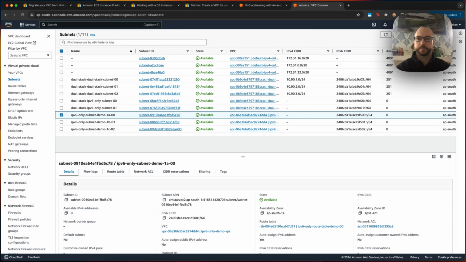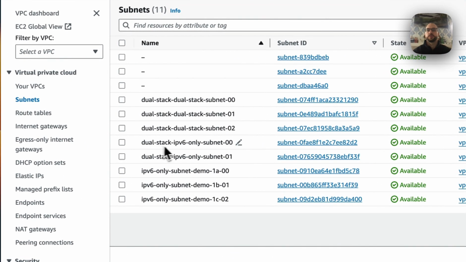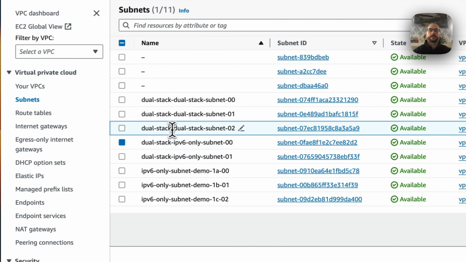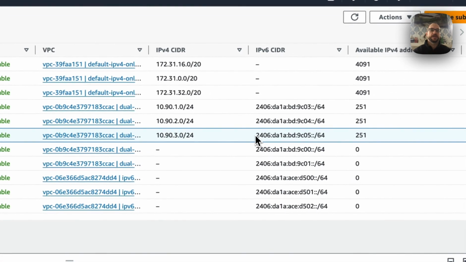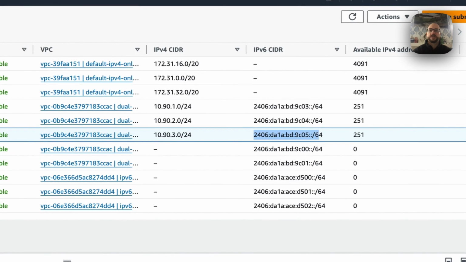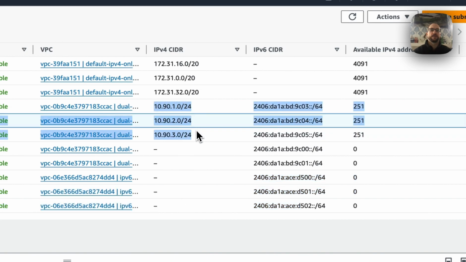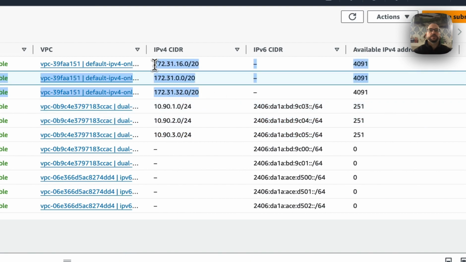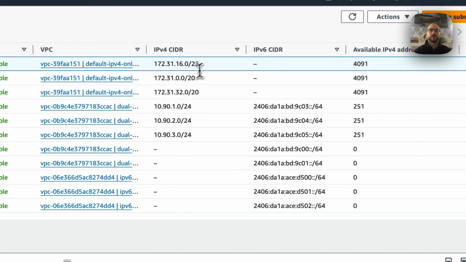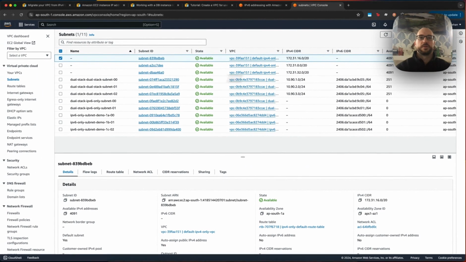They don't have both. So what you should do is create a dual stack VPC that has dual stack subnets. And these subnets have CIDR blocks for IPv4 support as well as IPv6 support. So you can see that some of these only have IPv6. They have no IPv4. You have ones that have IPv4 and IPv6. These are dual stack. And then you have the defaults, which have IPv4, no IPv6, which are IPv4 only. So do yourself a favor,